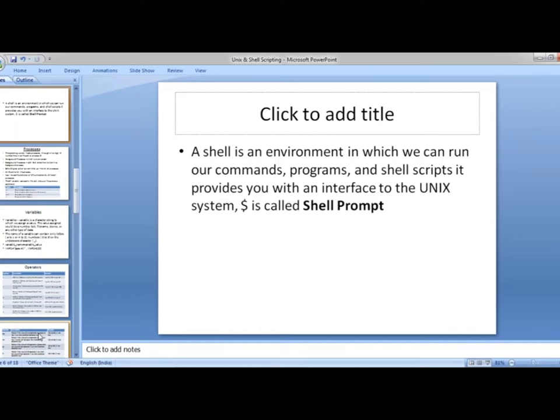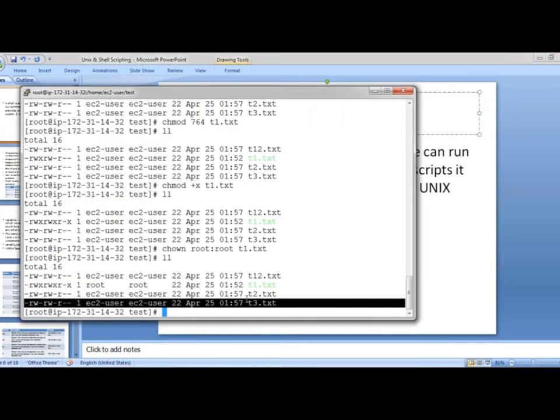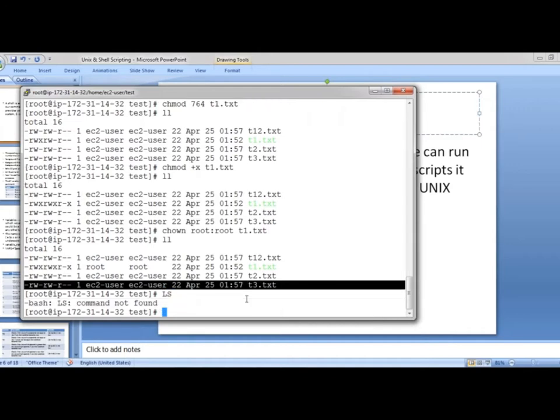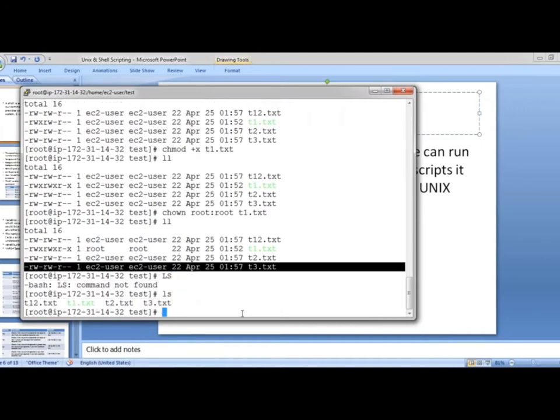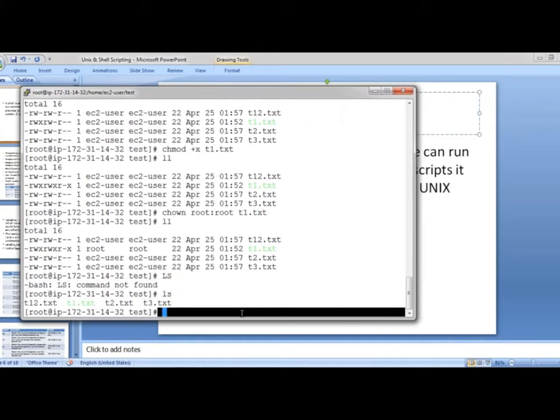Okay. So what is a shell? A shell is an environment where we can run our commands, programs, scripts or something. So this is actually our shell in which we are working.